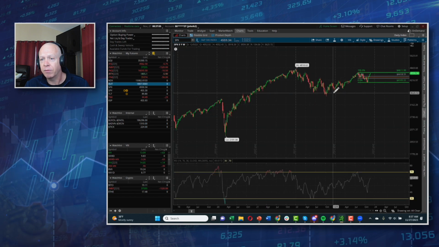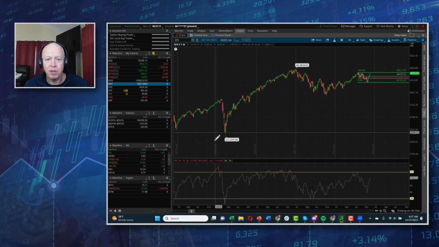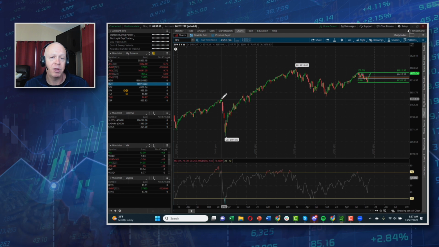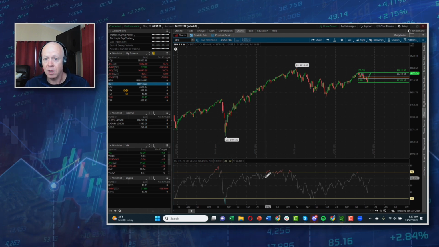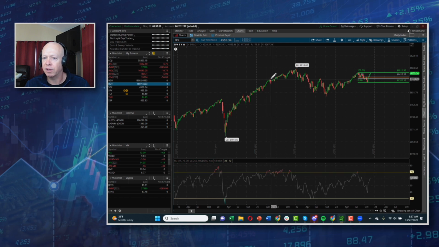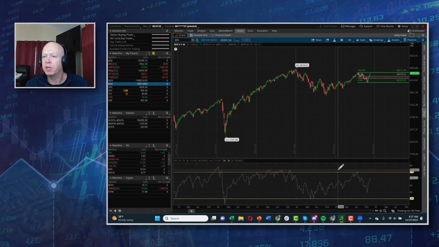Like if I go into the weekly, for example, I look at my weekly RSI indicator. Look how long it was overextended before it dropped in 2020, and really the only reason the market dropped was because of COVID, right? Look how overextended it was in here for a long period of time. It really didn't do anything for a period. And like I said, it's got limited usefulness.